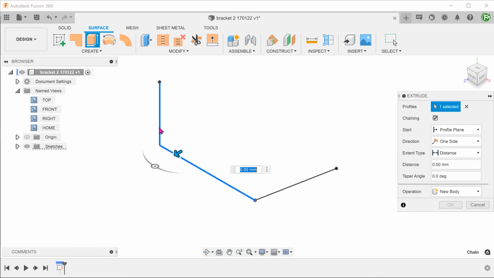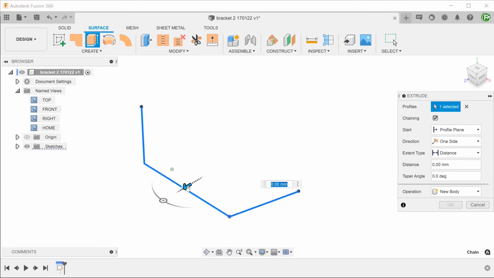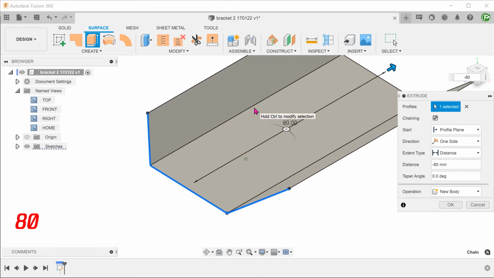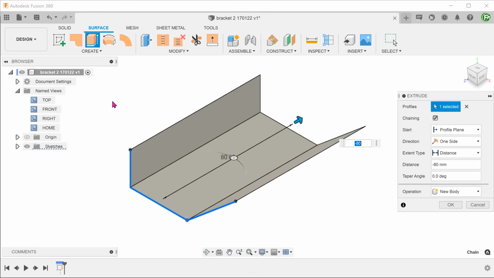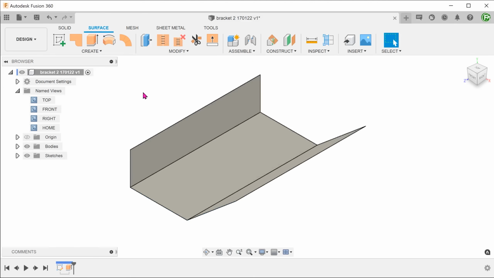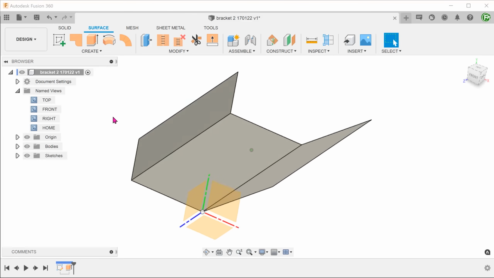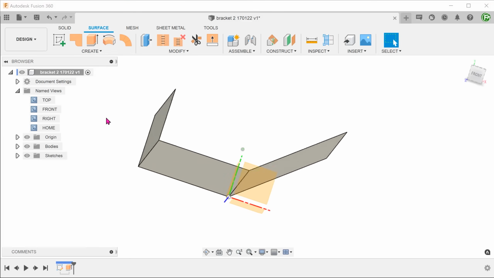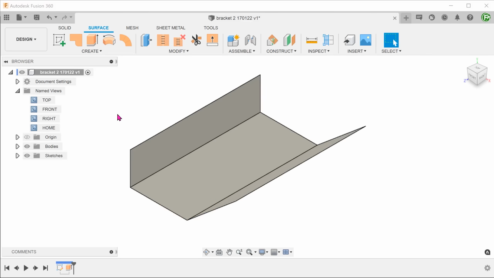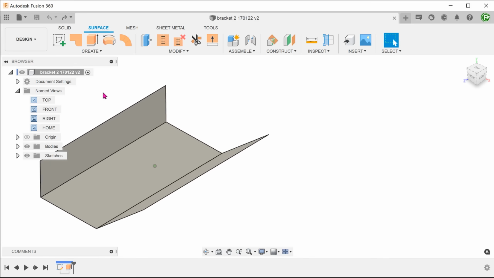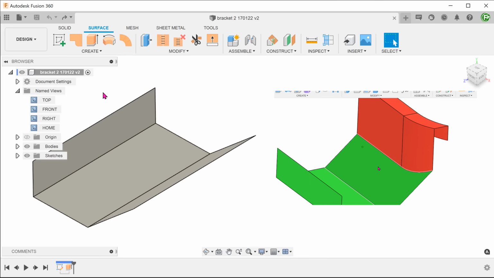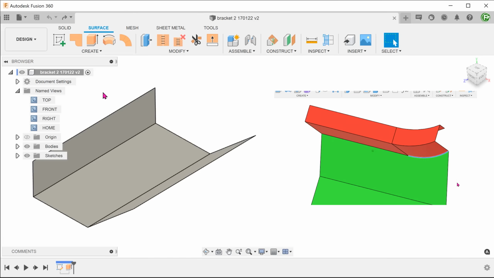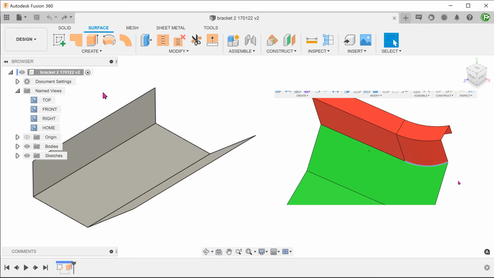I'm going to extrude this towards the back as I want to keep the origin on the front face. If you look at the curved section, you can see that it does not meet with the slope section with a straight edge. We will need to trim the slope section.